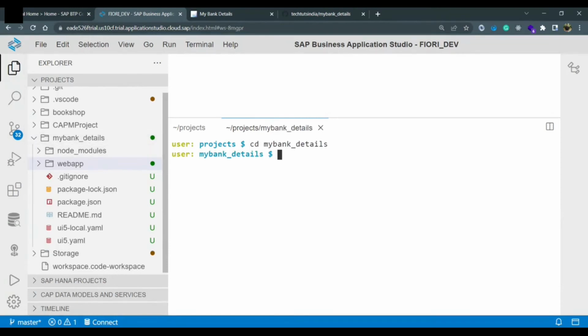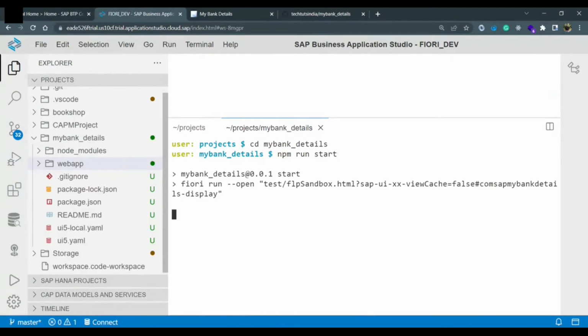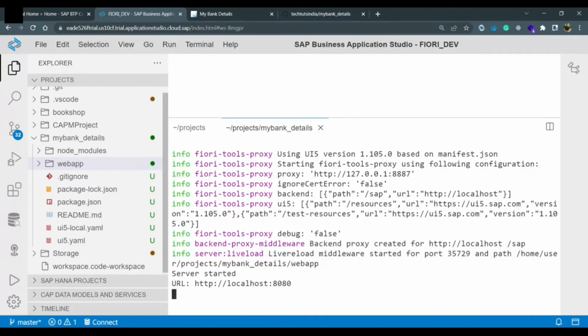Now if we want to run this application, we need to write the command npm run start, and this application would run in one FLP sandbox on the localhost. This application would look something like that. It might take some time to load, so I'm displaying you how the application is going to look. The my bank details application available here is running